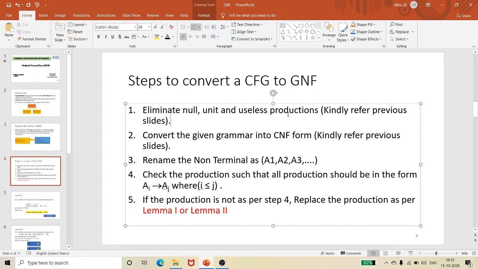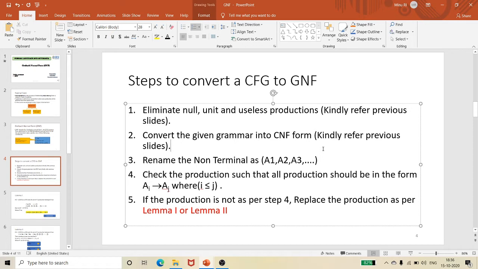After simplifying the grammar, it has to be converted into CNF. This is where students may get confused, and in certain videos this was not given properly, which was a big concern. Converting into CNF is very much mandatory. Only then can you get a reliable GNF. Converting a grammar into CNF is very easy, it is a mere substitution. It has to be in the format of a non-terminal gives a terminal, or a non-terminal gives exactly two non-terminals.